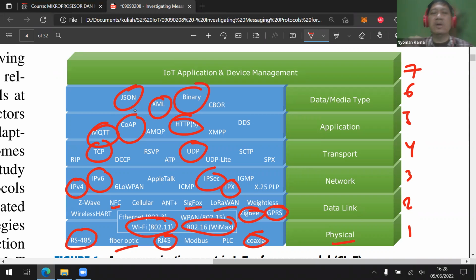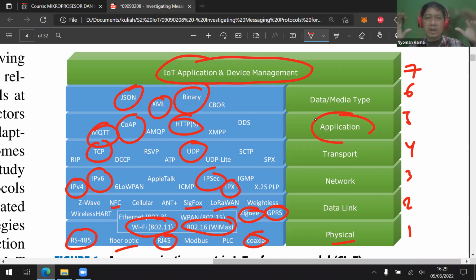It is for the IoT application and device management layer to collect the data for further processing. For example, we can use machine learning to analyze the data, or maybe we can get data insight from the data. So the IoT application and device management is a layer that can use the data stored using the application layer.